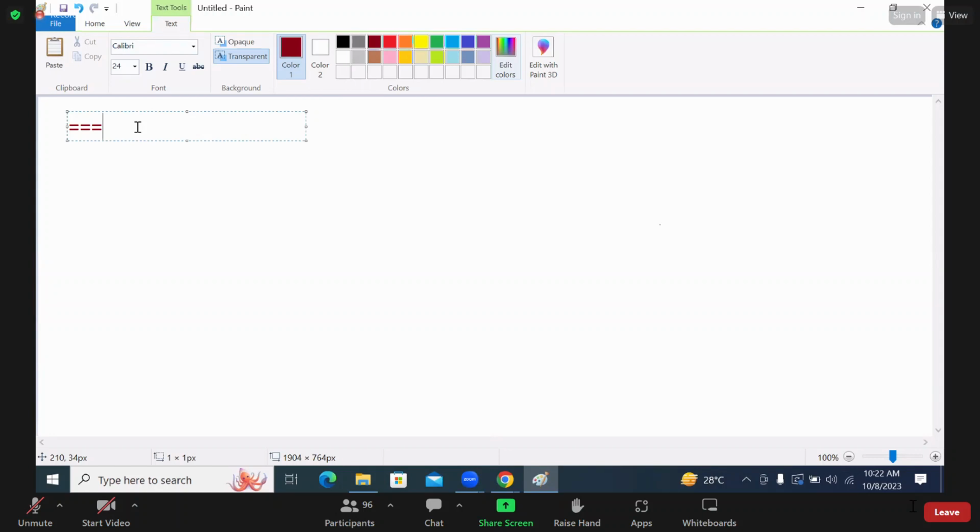So now, to start writing the program in Selenium WebDriver, we have to understand